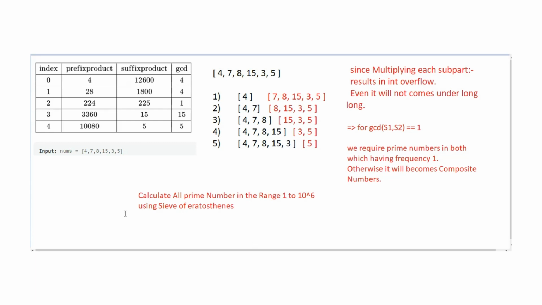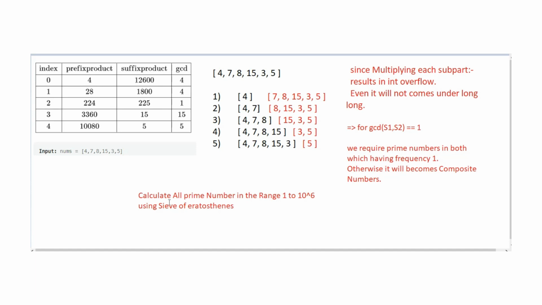So here I will recall all the points that I have mentioned. First of all, you need to use the concept of sieve of Eratosthenes, in which you create a Boolean prime vector, where in the range that they have given, that is 1 to 10 to the power 6, you calculate all the prime numbers. If it is prime, for example 2, the value is true, meaning that number is prime, because we require this in our further implementation.